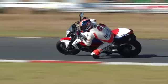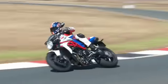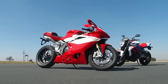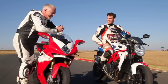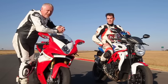a load of fun. Geometry, like I was saying, bike turns in a little bit, not quite what the F4RR has in terms of consistency turn by turn, but I can definitely see where it's a weapon. A lot of fun, but I think I'm in love with the RR, honestly. I think you are, but there's absolutely no reason that Clinton shouldn't be. He is almost speechless over the whole thing, and I don't blame him, because these bikes are essentially pretty much